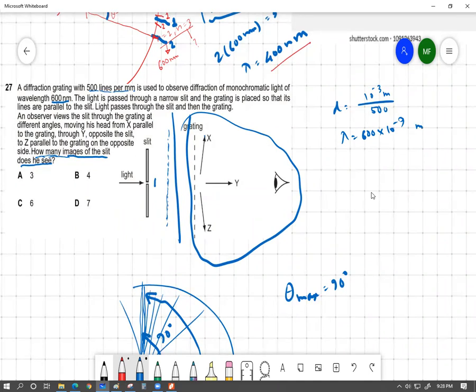এরপর বলছে আমরা ম্যাক্সিমাম কতগুলা ব্রাইট ফ্রিঞ্জ পাবো, বা ম্যাক্সিমাম কতগুলা ম্যাক্সিমা পাবো, সেটা বের করতে যাচ্ছি। So to find out the maximum number of bright order, we're gonna use d sin 90 because this is the possible maximum value that you can get. d sin 90 equals to n lambda. এখান থেকে আমরা n টাকে বের করার চেষ্টা করতেছি। সো আমি ভ্যালুগুলো সব বসাই। d এর ভ্যালু হচ্ছে 10 to the power minus 3 divided by 500, sin 90 ভ্যালু 1, n এর ভ্যালু হচ্ছে unknown, lambda হচ্ছে 600 into 10 to the power minus 9. এই পুরোটাকে সলভ করে দেখো n এর ভ্যালু কত আসে।